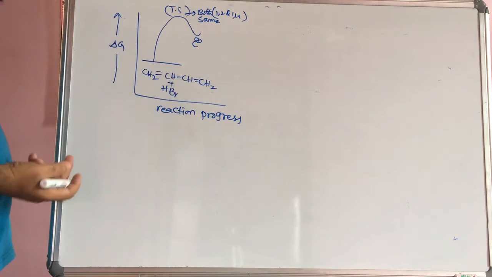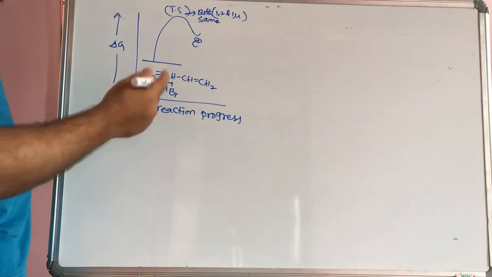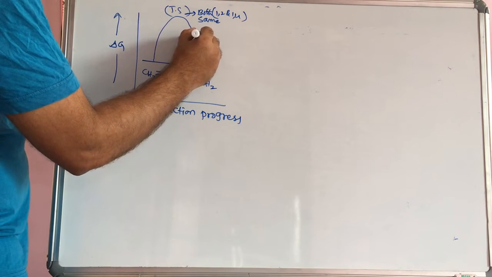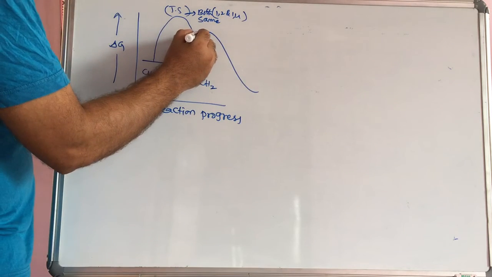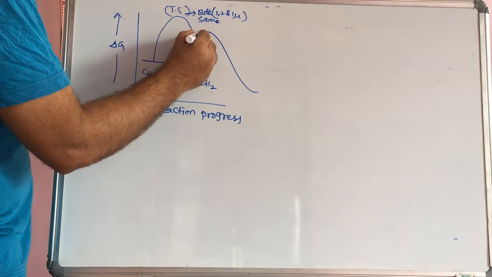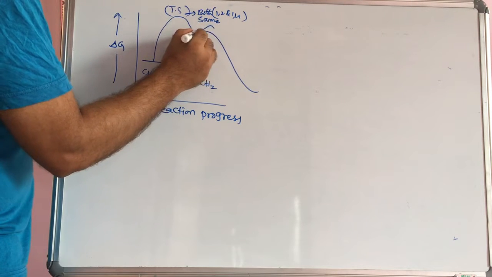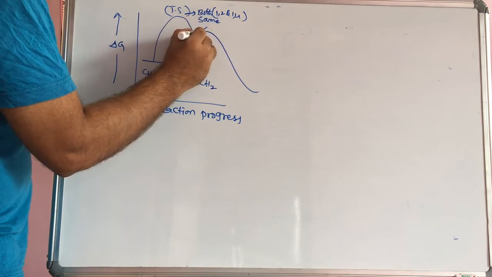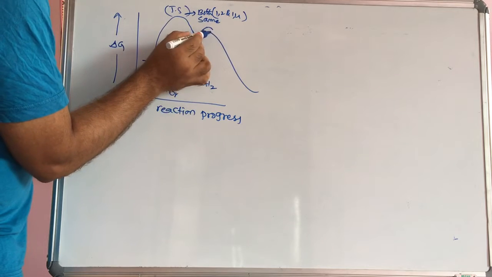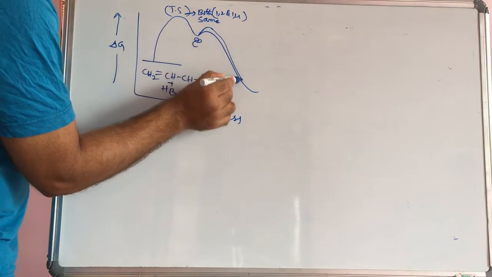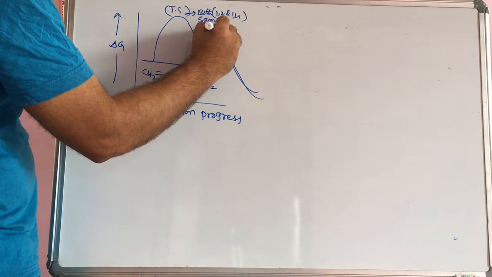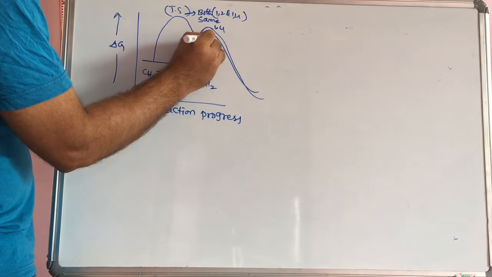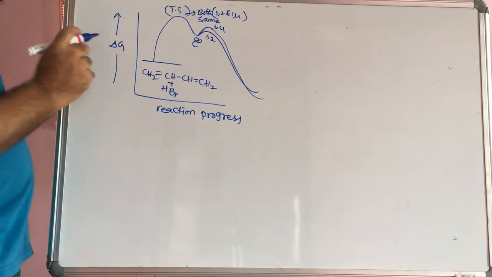Here one is a primary carbocation formed, another is a secondary carbocation formed. Secondary carbocation forms, that's why the rate of reaction is fast. The other one is a primary carbocation, which is less stable, that's why the energy is somewhat higher. Then it goes to a somewhat higher energy state and comes down. This is the 1,4 product. This will be the 1,2 product in the respective diagram.